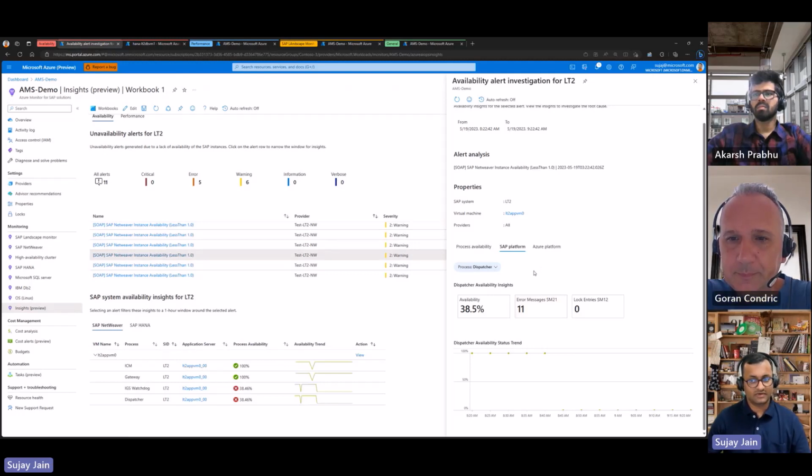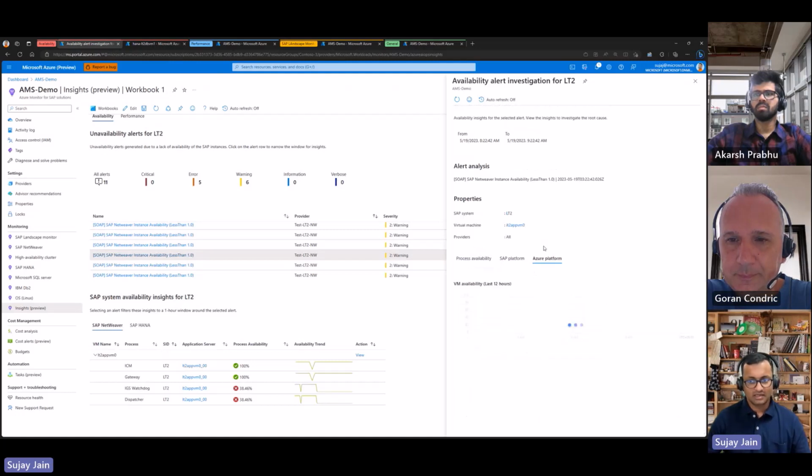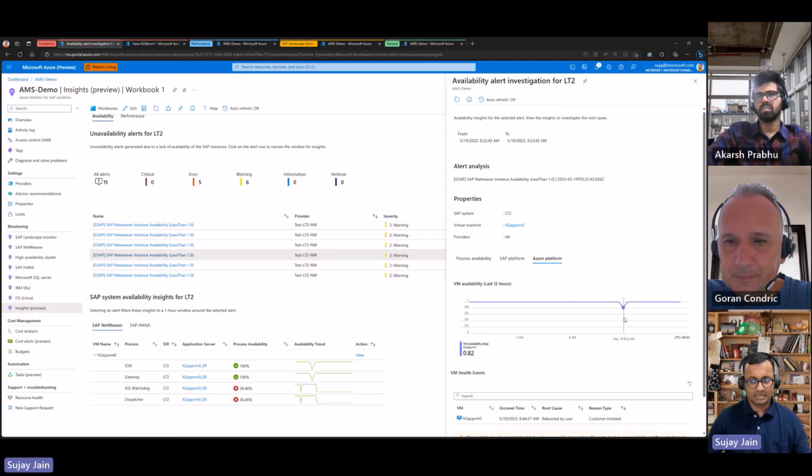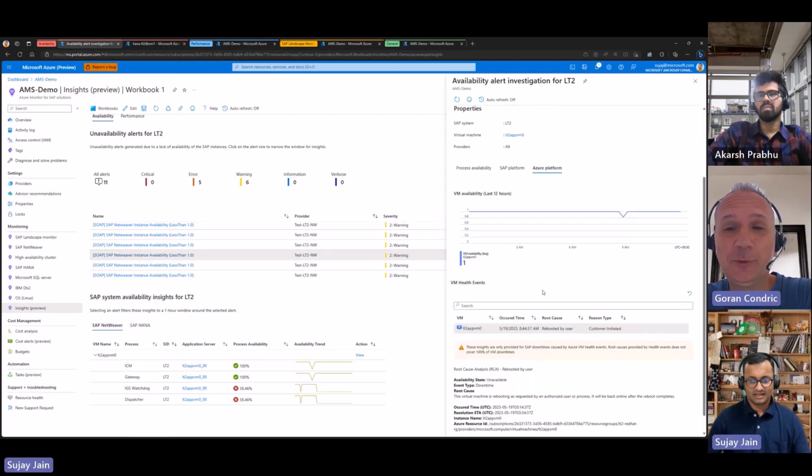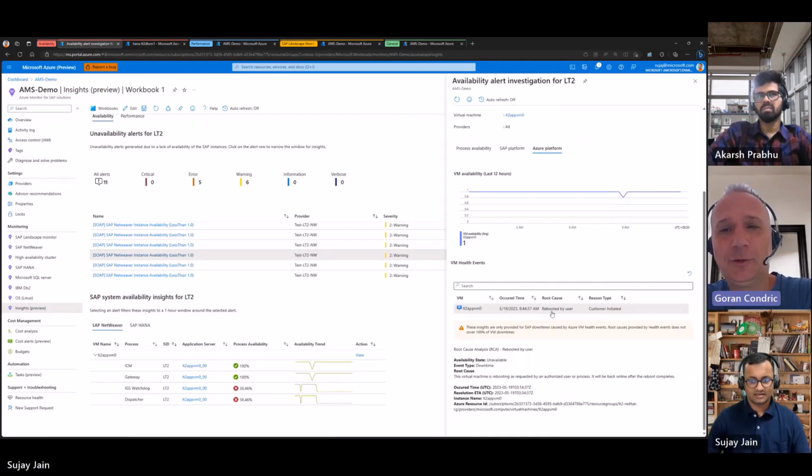And if you want to know the infrastructure details, this is where the magic happens. You don't need to do 5 or 10 clicks. Here you can just see there was a dip that happened on the VM at this point. So now you basically know if the VM was rebooted. Okay, root cause: rebooted by the user, of course, so the processes were down. So now you have the VM availability showing up, and then you see the RCA here as well. It was rebooted by the user, and then what was the occur time and resolution time. All this data has been pulled from the underlying Azure infrastructure resources.